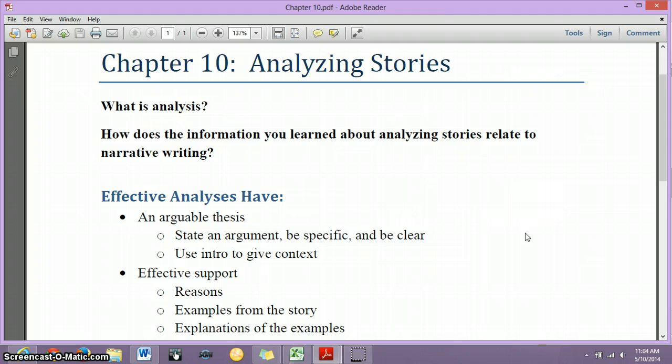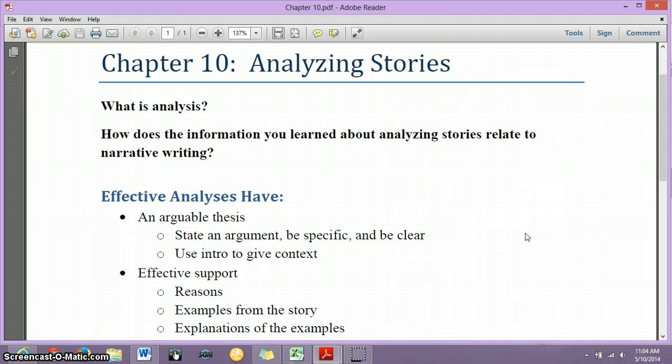Okay, so how does the information you've learned about analyzing stories relate to narrative writing? Well, very simply, when you wrote and learned about narratives at the beginning of the quarter, you were learning about things like plot and dramatic action, setting, all that kind of stuff. But that was from the perspective of writing a narrative. Now you can use that same information to help you analyze somebody else's writing, because they're using those same elements. An author sits down and has to decide what the plot is, what the characters are, what the theme might be,